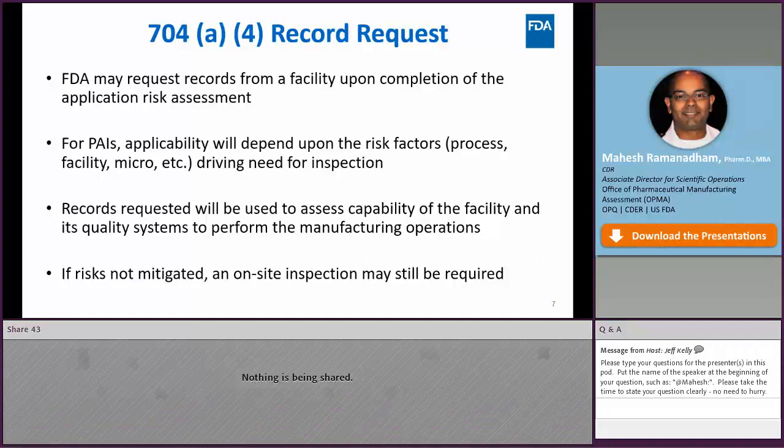Now, we're utilizing 704(a)(4) records requests on the PAI side upon completion of the application risk assessment and a determination about whether or not the risks driving the need for pre-approval inspection can be sufficiently addressed by records received from a facility. It is not always the case that the risk driving the inspection can be adequately addressed by records. For example, if it's a brand new facility that's never been inspected before, a records request may not be all that feasible in giving us the information we need to ensure the site is GMP compliant and is ready to